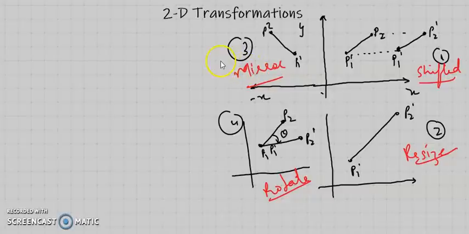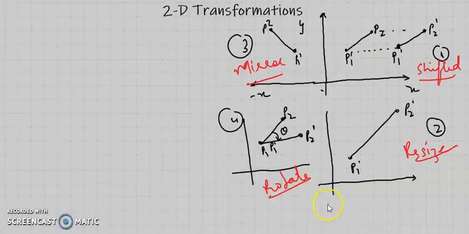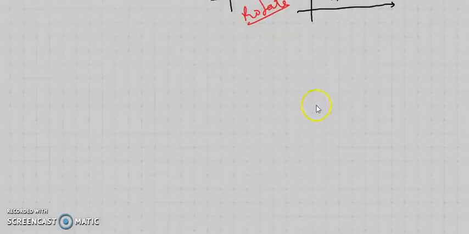Not just these, there are a lot more to this. Shifting is one type of transformation. Resizing the object is another type of transformation. Creating a mirror image is the third type of transformation. Rotating the object by some angle is the fourth type of transformation. So that is what we are going to see in this session. We start with some basics, and the basics go like this. This is what we are going to cover in these transformations.